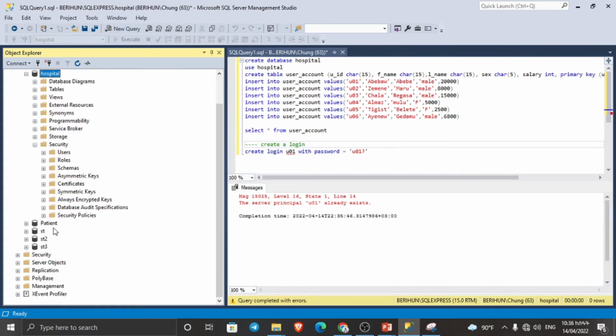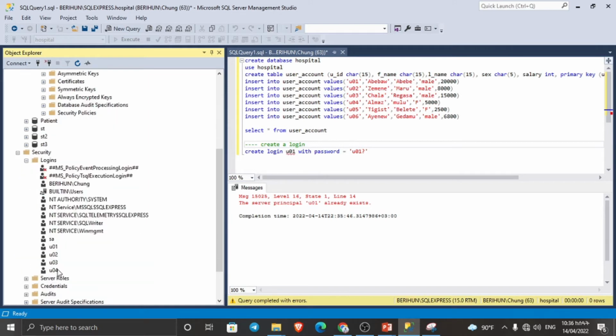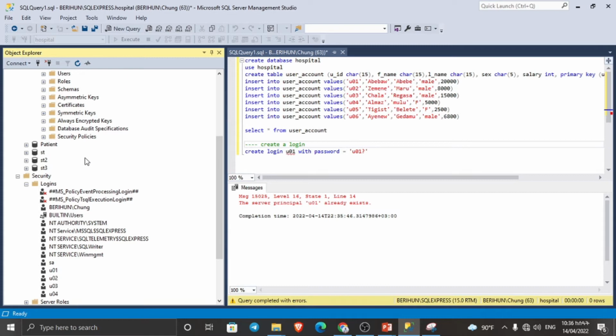Okay, let's click here, login. Yeah, here login is here. Under this the previous one. Our user is user 01 for what database for